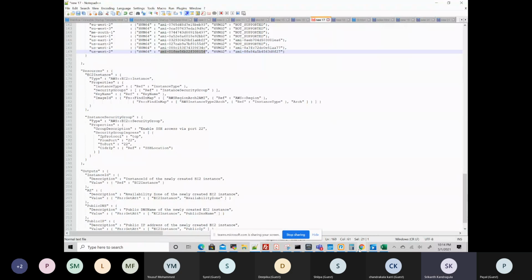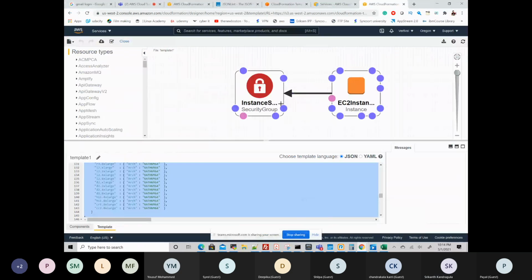So if you can see, once we have this code, here it will show you a diagrammatic representation of what we are doing. That means we are creating one EC2 instance and one security group. After this, what you need to do is validate the template, just to see whether we can validate this template. They're saying the template is valid. And if you try to create a stack,